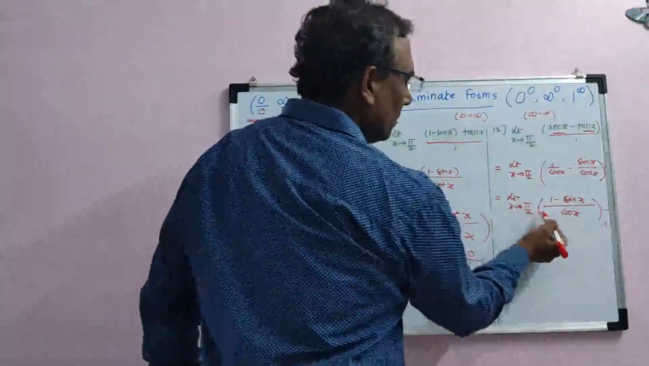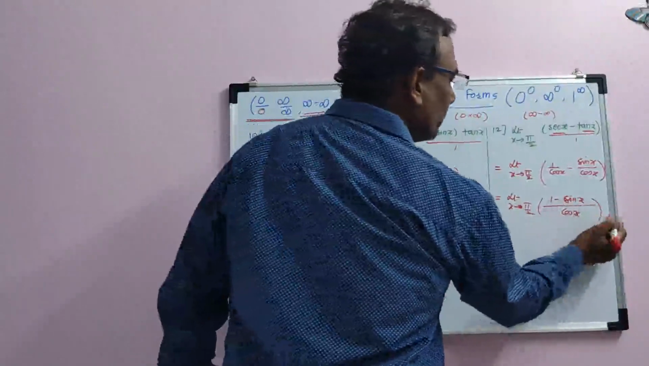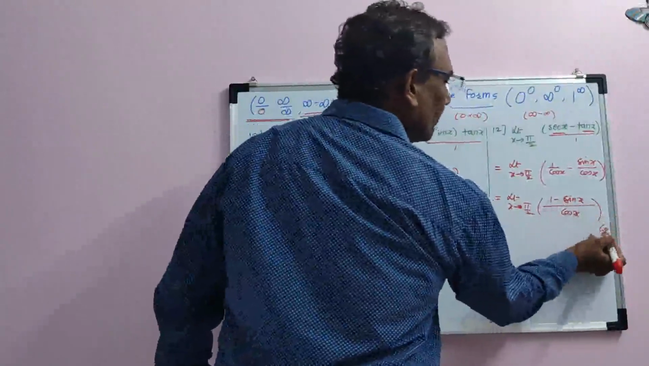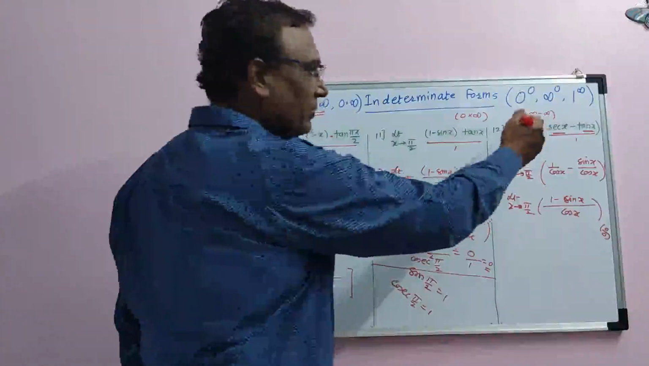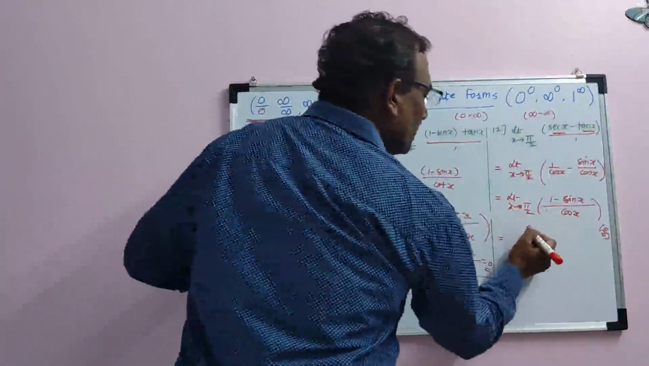Put x equal to pi by 2. Cos pi by 2 is 0, sin pi by 2 is 1, means 0 by 0 form here. Infinity minus infinity, we have converted into 0 by 0 form. Then by L'Hospital rule,